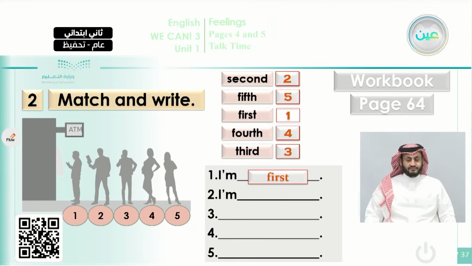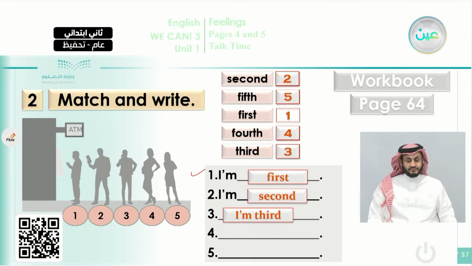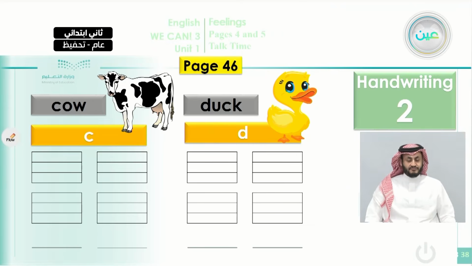How can we write full sentences about these numbers? In the first one here, I am first. You can see it here in this part. I am first. What about number 2? First is followed by I am what? You think of that? I am second. Very good. Number 3, how can you use this? You say I am third. Okay, number 4, you can say I am fourth. Okay, number 5, you can say I am fifth.